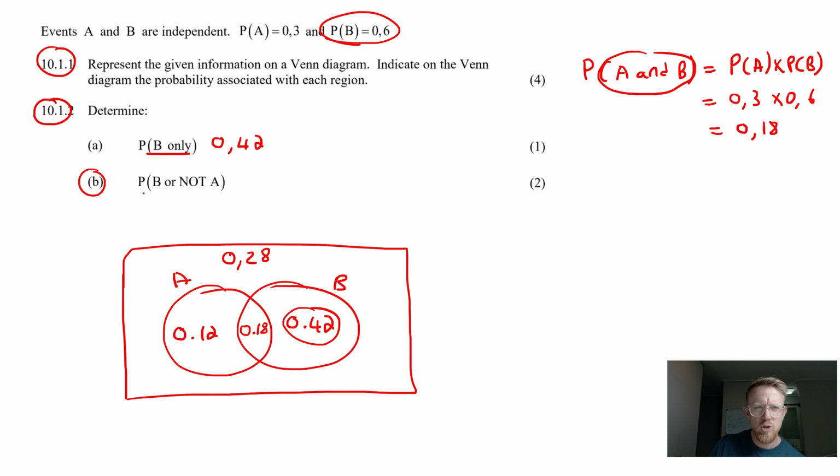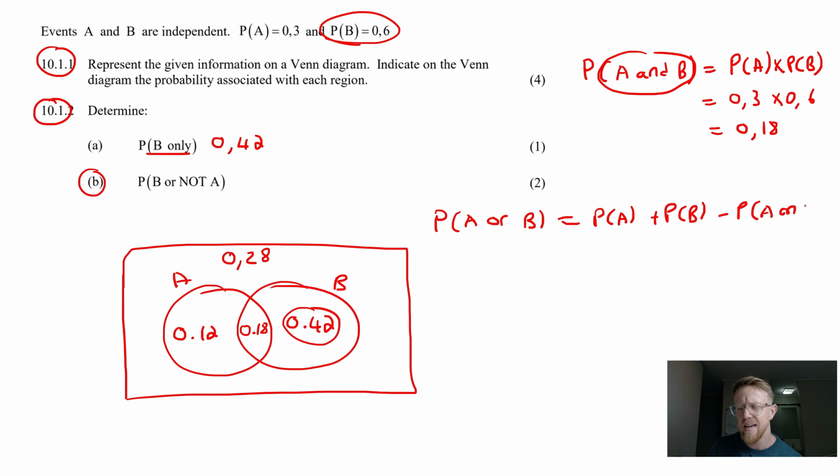Okay, so don't try read this and wrap your head around it. Rather just use the formula that we have on our formula sheet for OR. So we know that there's this formula that goes like this. A or B is equal to the probability of A plus the probability of B minus the probability of A and B. But now we'll just adapt, because this is just the formula that you get on your formula sheet. But now we are going to replace this over here, and we were going to replace this over here. So now it's going to be probability of B or not A,